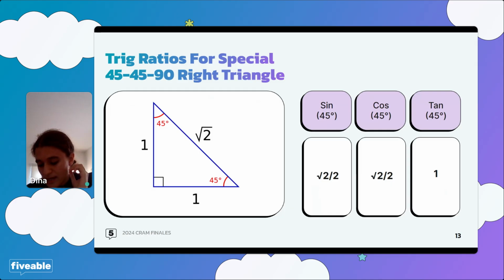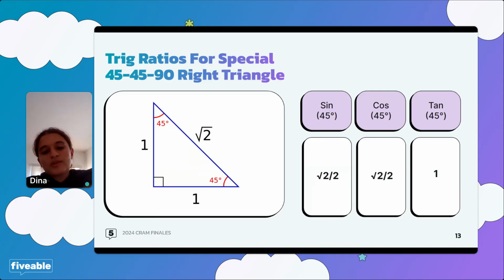And you also can see on the next slide, 45, 45, 90 triangles. This is a specific case that you have probably covered before, but we know that for the angles that are 45 degrees, you have 1 and 1 on the 2 legs of that triangle. And you know that the hypotenuse is √2. You can basically prove this by the Pythagorean theorem, but what's important to know here is that the sine of 45 degrees is 1 over √2, which if you rationalize the denominator, becomes √2 over 2 for sine and √2 over 2 for cosine.